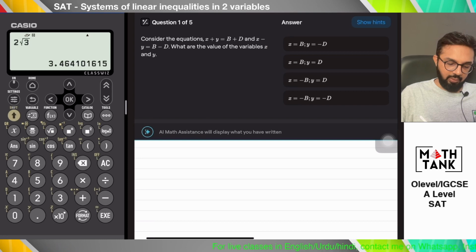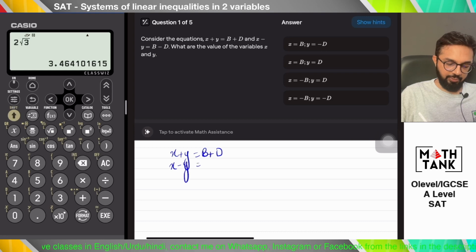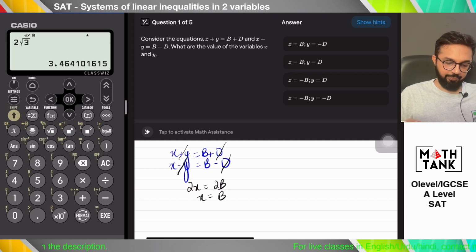Okay. Consider the equations x plus y equals b plus d and x minus y equals b minus d. What are the values of the variables x and y? 2x equals 2b, x equals b. And when x equals b,